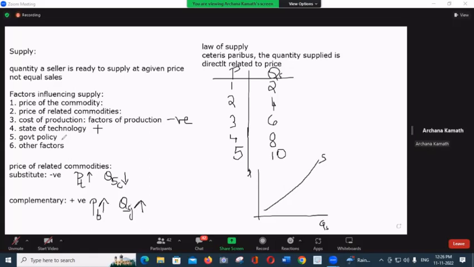New taxes being applied help you to cut down your production because the cost of production rises, and the cost of production increasing causes the producer to produce lesser. And other factors, seasonal changes, you have to vary your answers according to your